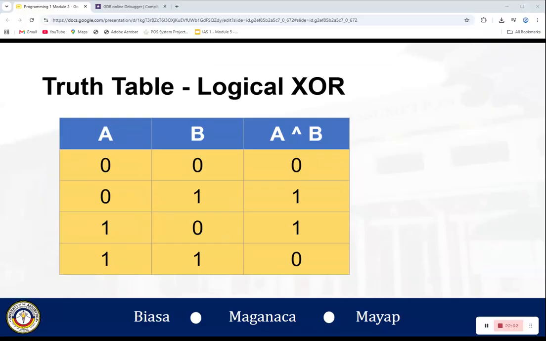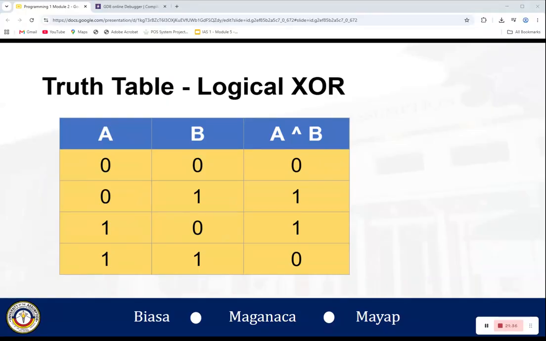So, for example, in row 1, 0 XOR 0 is 0. 0 XOR 1, because they are different, results in 1. Same thing with the next row, 1 XOR 0.